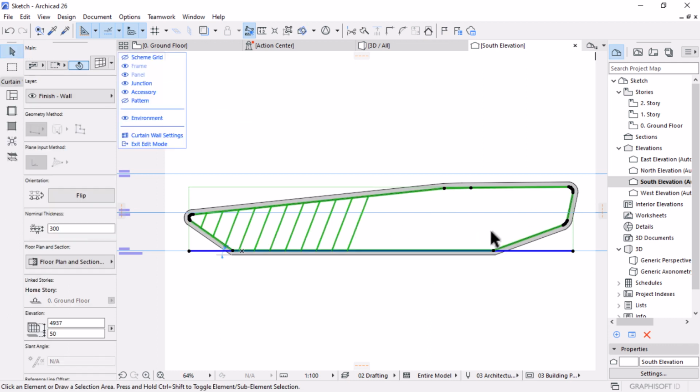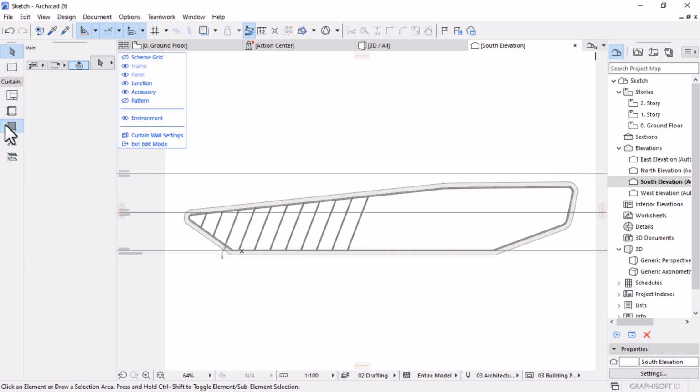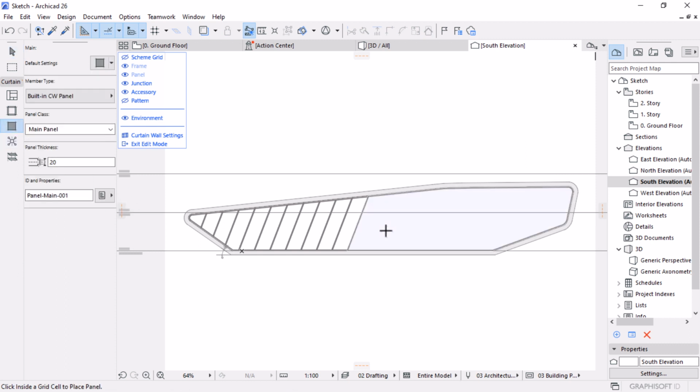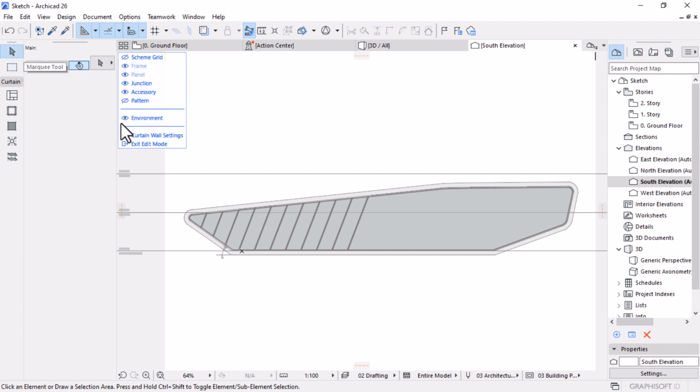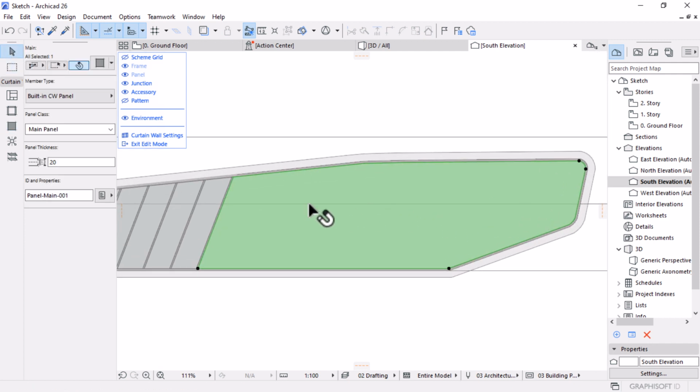Let's edit, and then I'm going to activate the panel tool, and then I'm going to click on the region here to add a panel, and then also to add panels in between there, something like that. Just click on the region to add some panels like that. I'll complete with this one, and then I'll pick the arrow tool so that I can select this panel,